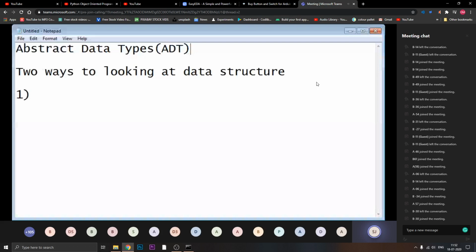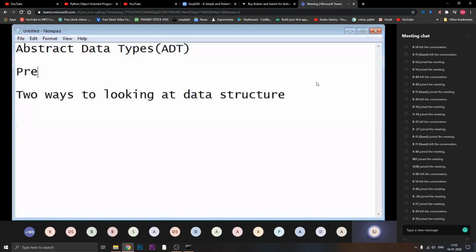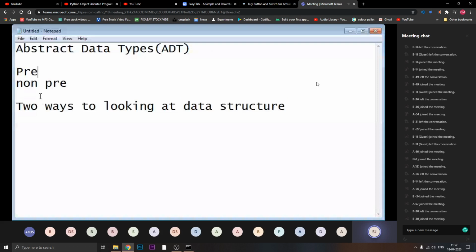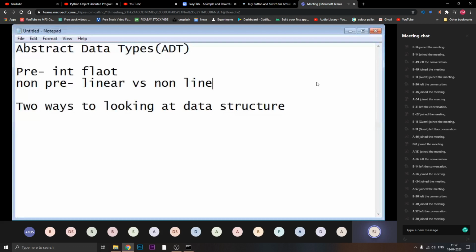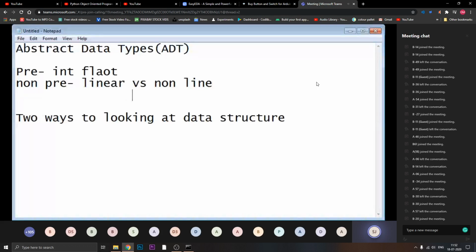Whenever you are looking at data structures, all the data structures we discussed previously, there are primitive data structures, which include your basic integer, float, and so on, and non-primitive data structures, which are linear and non-linear, with examples like stack, queue, linked list, graph, and what is remaining?